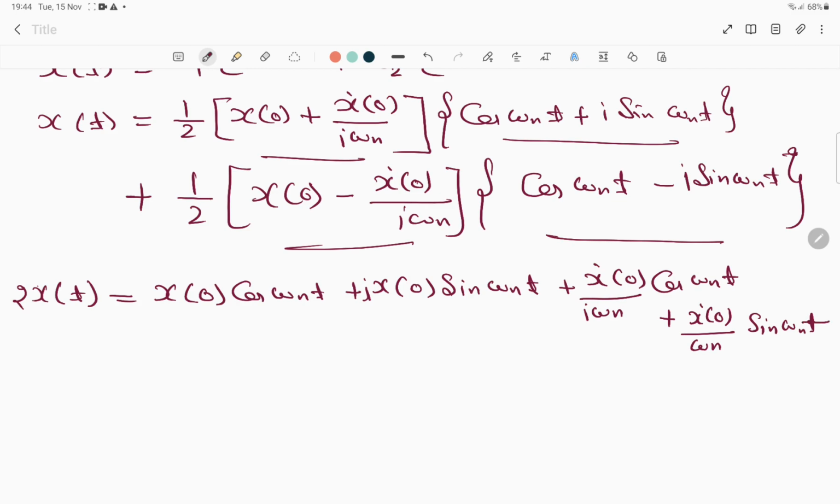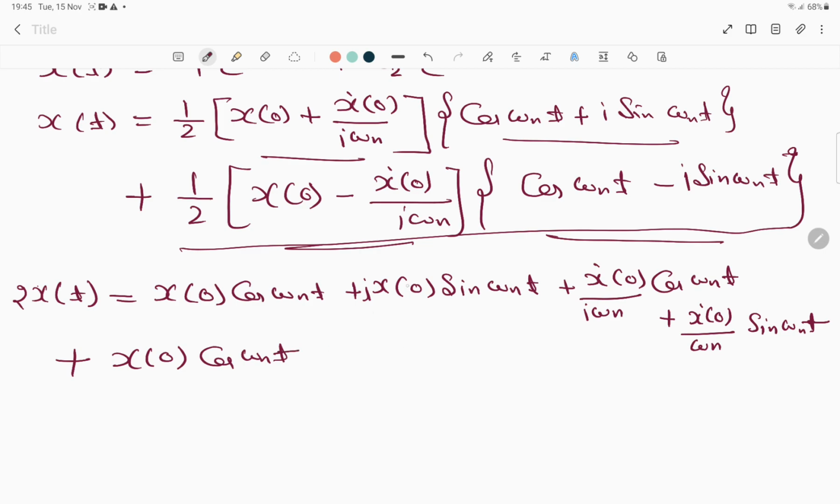Let's see what happens to this over here. Let's see what will happen. So again I am having plus over here, but I am going to remove this plus so that nobody confuses it with minus. So that is x0 and then cos omega nt, the same as the first term over here. And the second term will be, now in the second term there was a plus sign over here, but now here is a minus sign, so I will have minus i